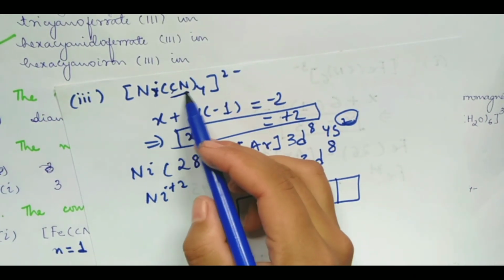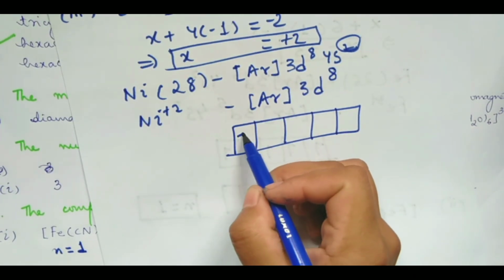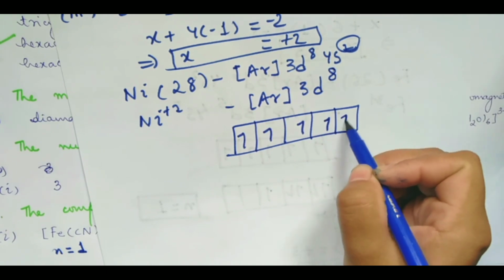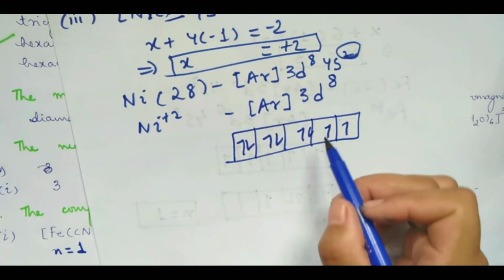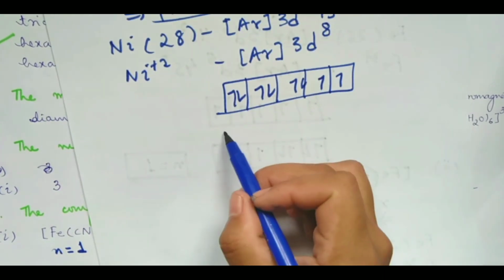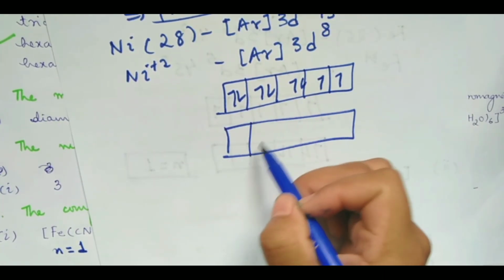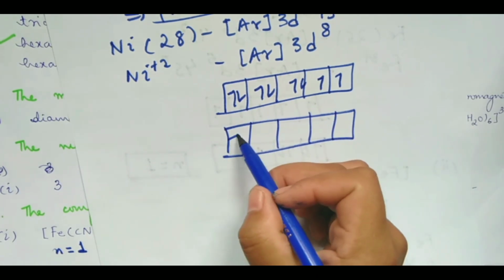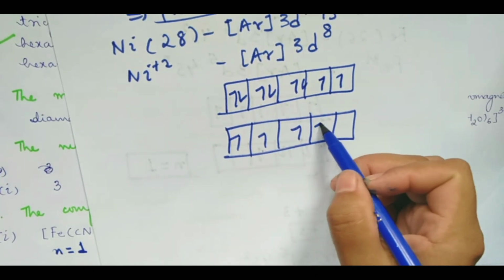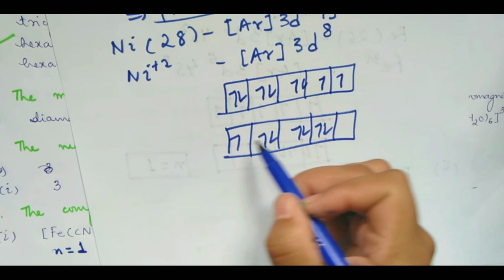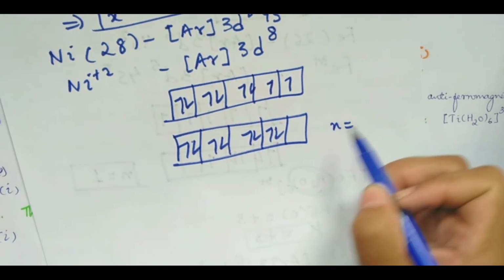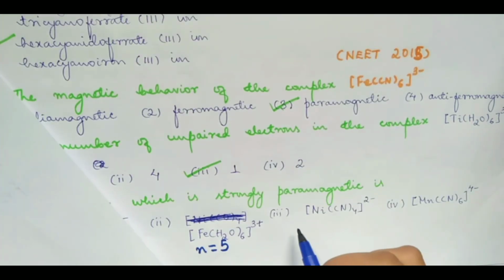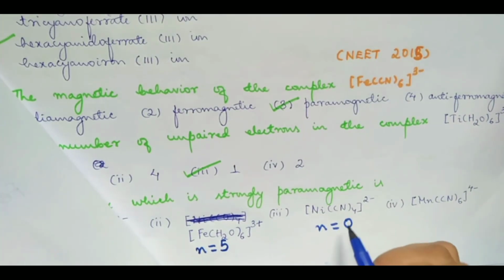This is a strong field ligand. So 1, 2, 3, 4, 5, 6, 7, 8. Since it is a strong field ligand, these electrons start pairing up. Here we have no unpaired electron, so N is equal to 0. Okay, and then the fourth one,